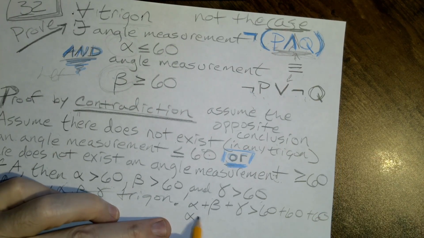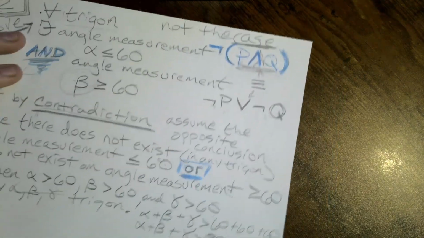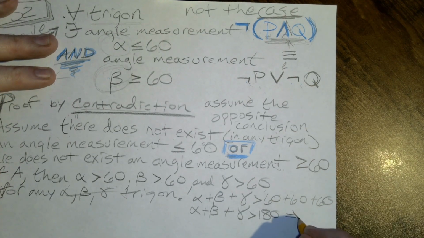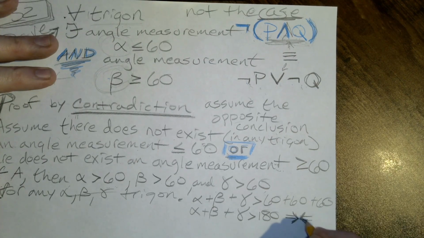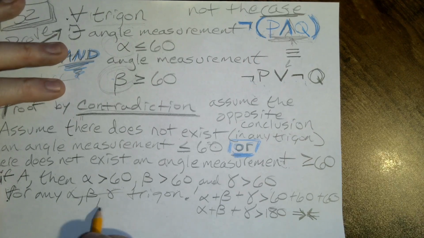So that means alpha plus beta plus gamma is greater than 180. And that's impossible. That's a contradiction. It contradicts the 180 trigon theorem,